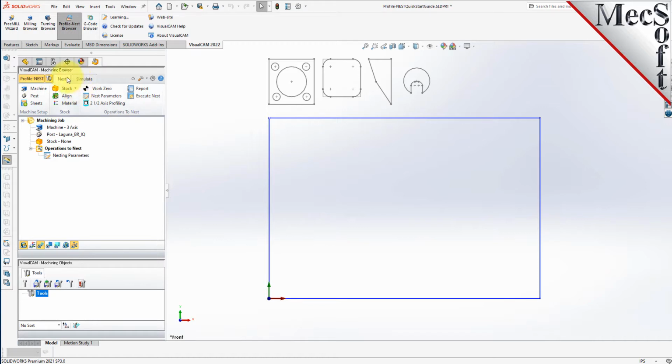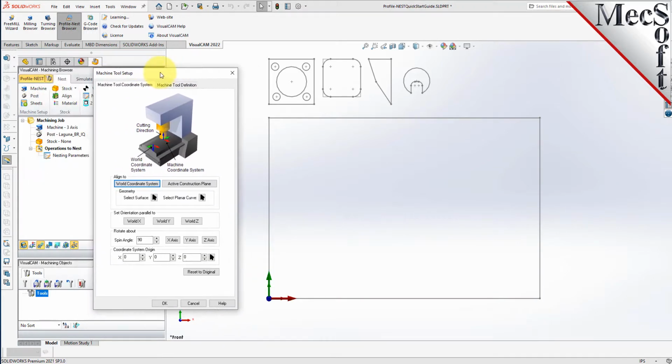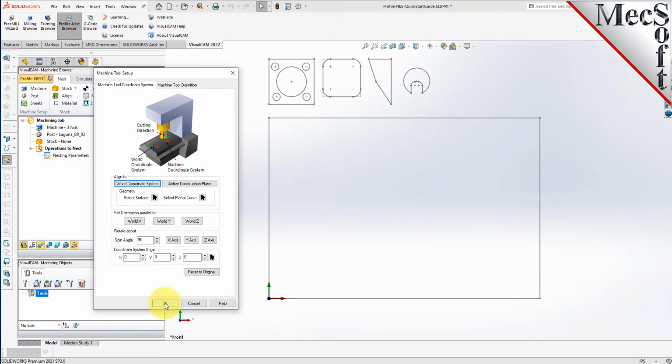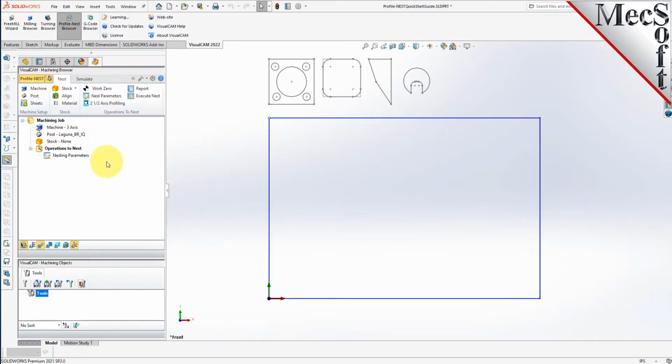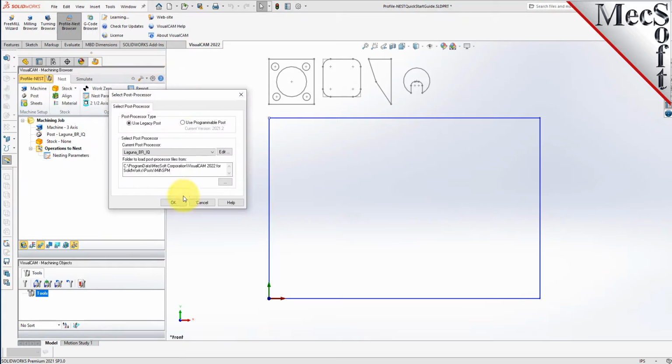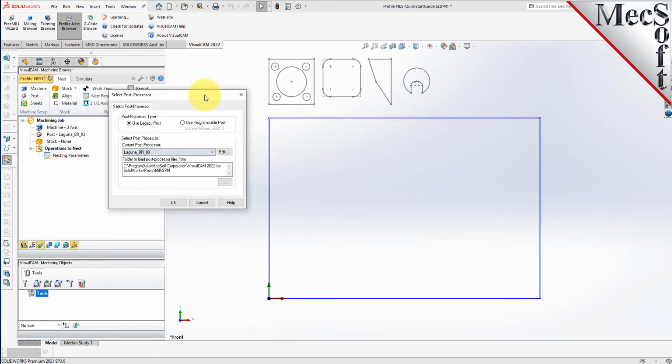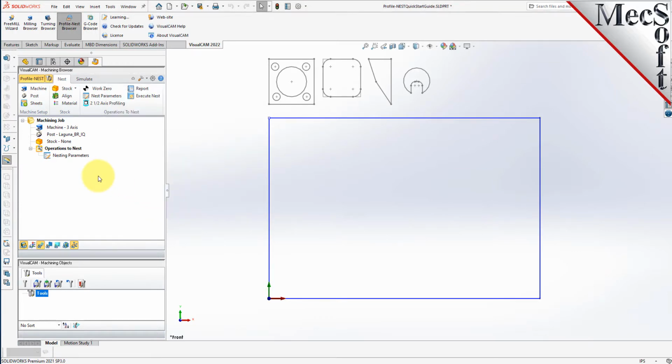So let's go ahead and we'll start the process of nesting these profiles. So we're going to go to the nesting tab, and we're going to start from the left and work our way over to the right. For the machine option, in profile nesting, there's only one option, three-axis machine type. So there's really nothing to do there. We'll pick OK, and you can just skip it because it's going to default to 3-axis. Now for our post, you can set your post processor from the posts in the list. We have the Laguna BR-IQ selected by default, and we'll go ahead and pick that. So that you see in the machining job, we have 3-axis machine set, we have our post set,